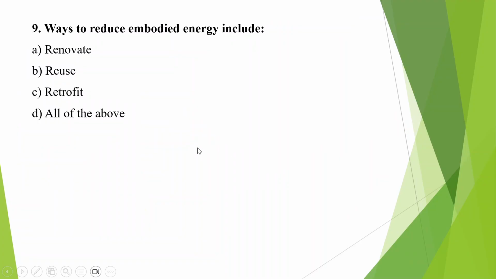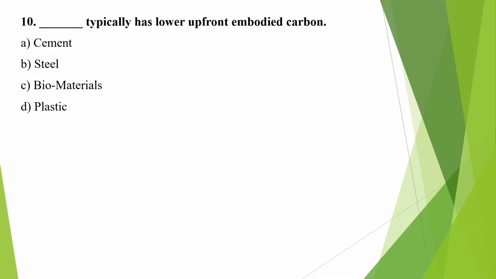For reducing the embodied carbon energy, renovate the building, don't build new ones, because a new one again will lead to extraction, then transport, then manufacturing. Reuse and retrofit. These are the strategies you can opt for to reduce embodied carbon. All of you are in the right direction. Then let's move to the last question of today's problem solving session. Here it is in front of you all. This is a fill in the blanks type of question, or you can also say an optional question.